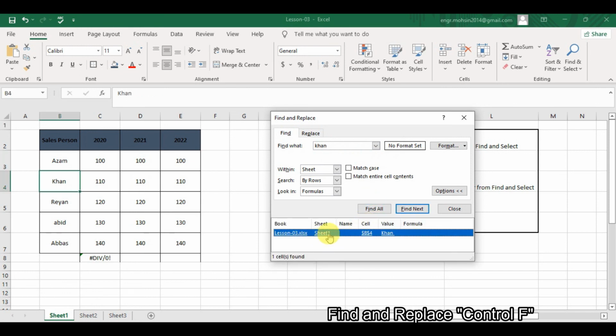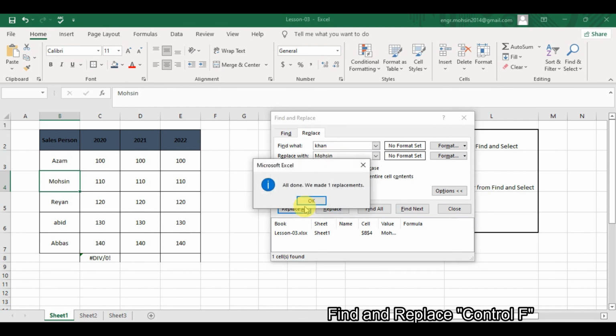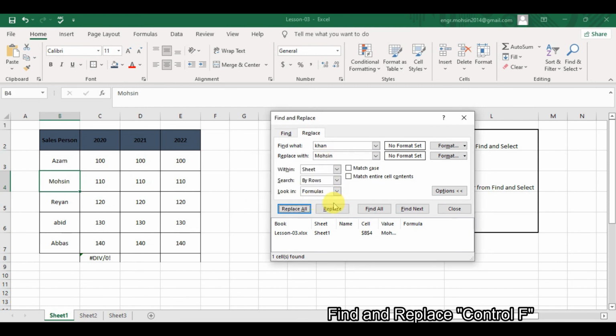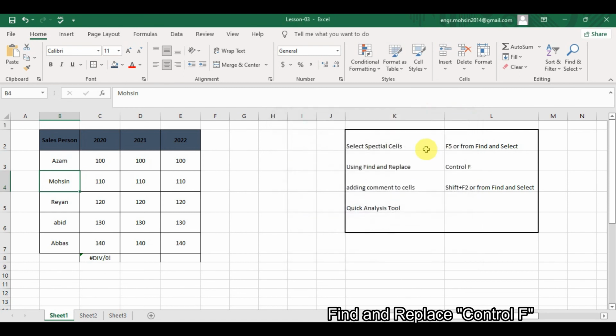It will give you the address of the cell where Khan is written. Same, you can replace this Khan with any other name, for example Khan with Mohsin, and if you click replace all, it will be replaced.